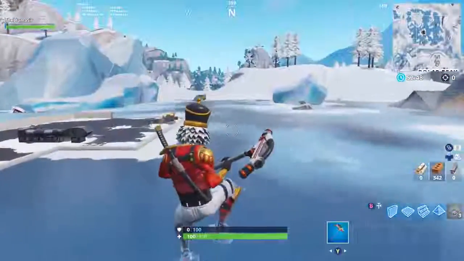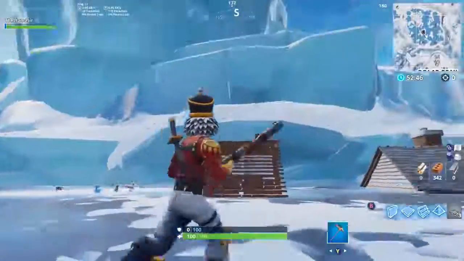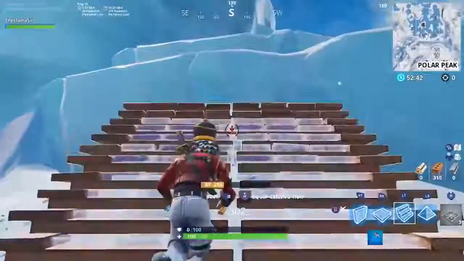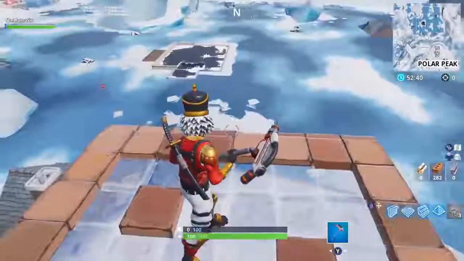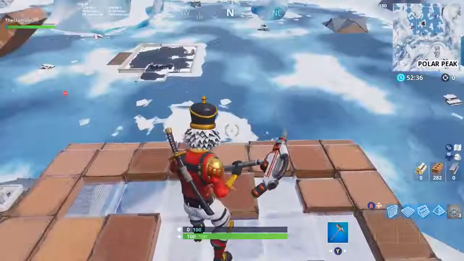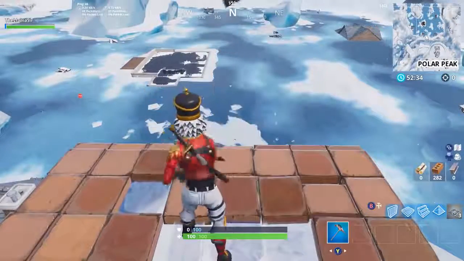But once you're there, get a little bit of mats because you want to build a bit of a ramp, and then make your way over towards the side pointing towards Polar Peak. Now, as you can see, simply build a ramp up towards the snowbank, turn around, and then once you're on top of there, simply use your emote to throw it, and make sure it goes down the ramp to gain